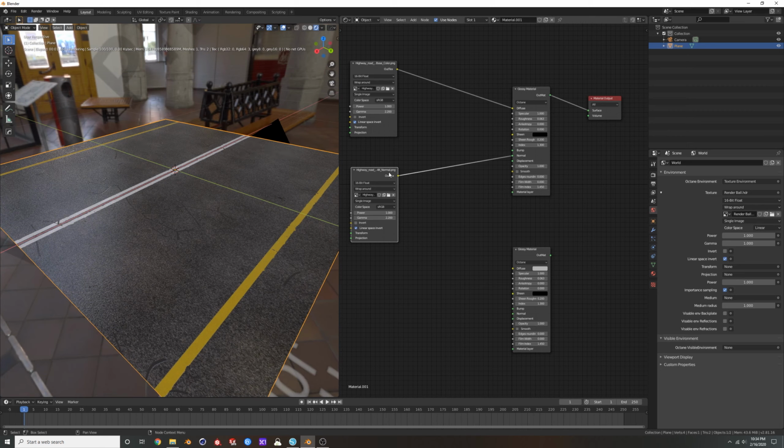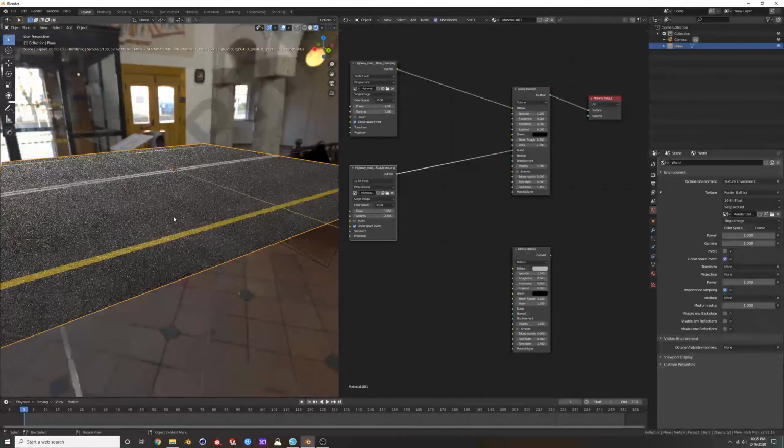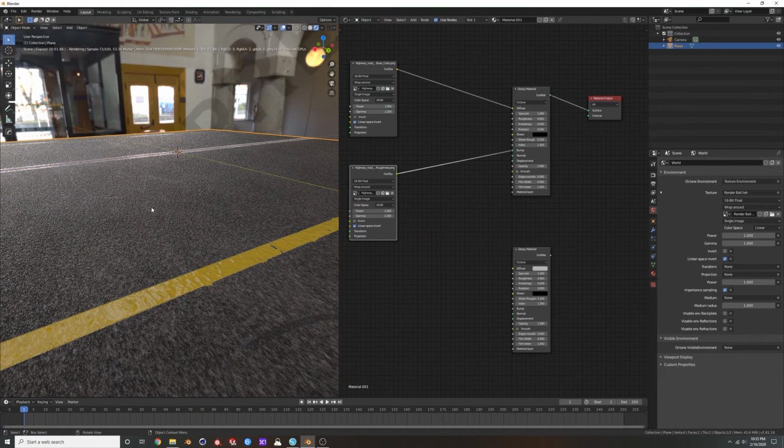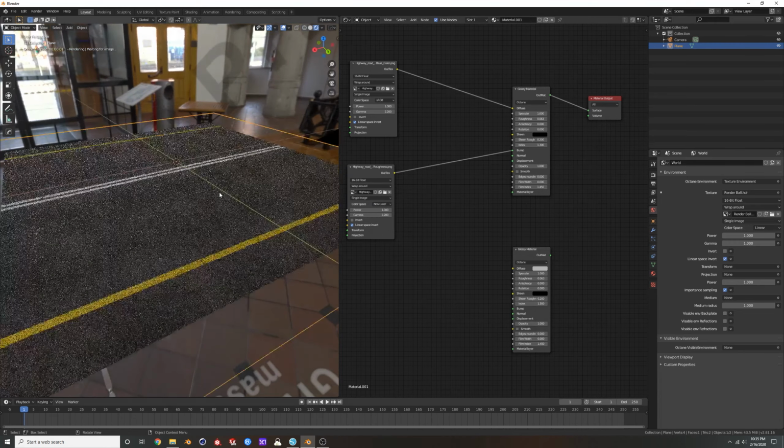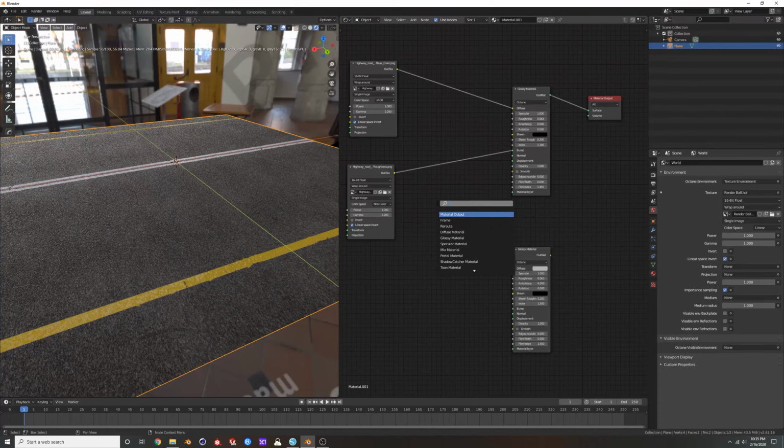Alright, I think I like the bump better. Even though it wasn't really a bump, I just took the roughness because it's really similar to a bump map and I plugged that in. I kind of like the way that one looks more. But we need to set that to non-color. And then I didn't go over this in the last video,